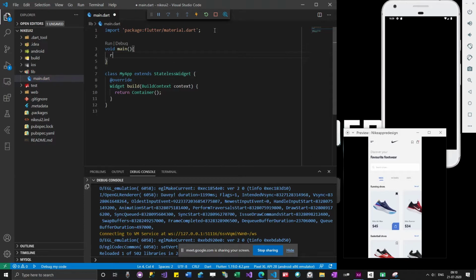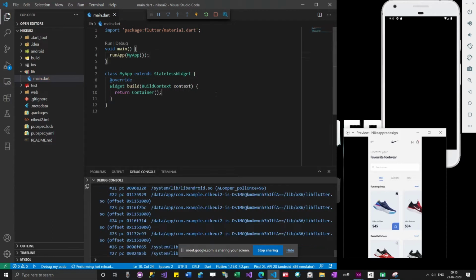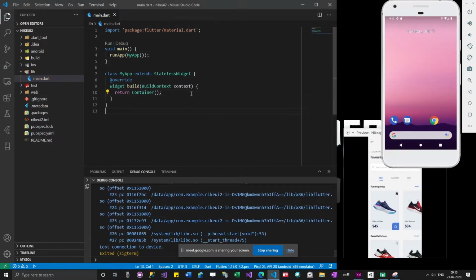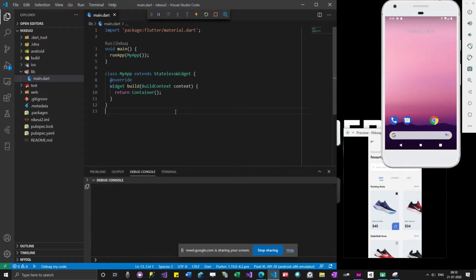Add void main. Let me run this app and see if it loads.